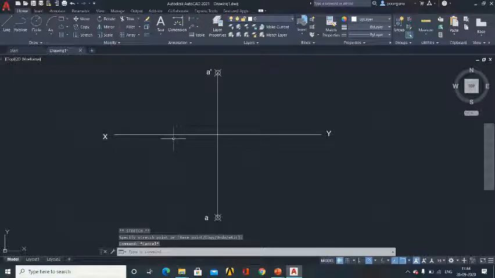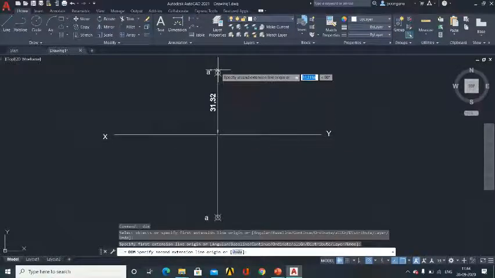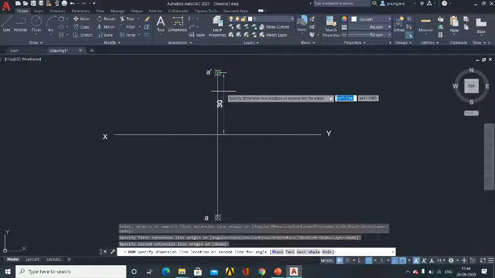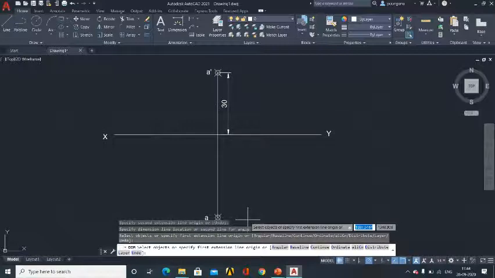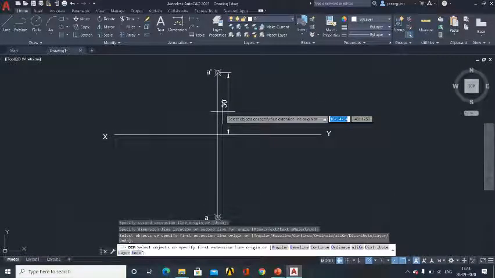Next I need to do the dimensioning. So go to dimension, click. You first select the starting point and end point for which you need to give the dimension. Just move the cursor so that you get the dimensioning. Okay, so you got the dimensioning, 30 mm. Since we have already set the unit, it is 30 mm.